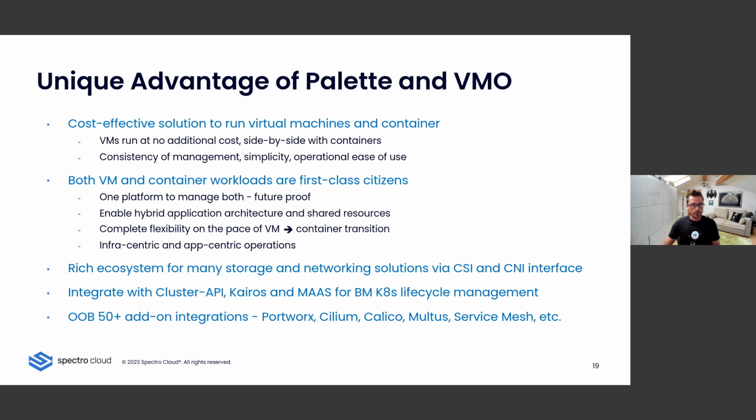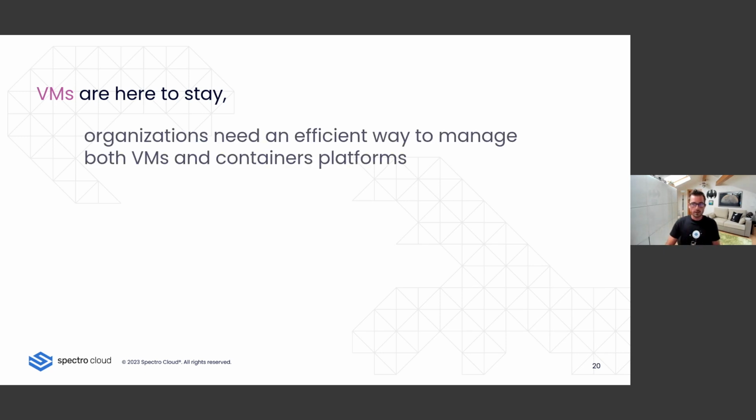So to conclude, if I want to really emphasize something, VMs are here to stay. Again, VMs are here to stay. And they are here to stay even if cloud native applications have an exponential growth. We need to find a way to manage VMs and containers at scale in the same platform.